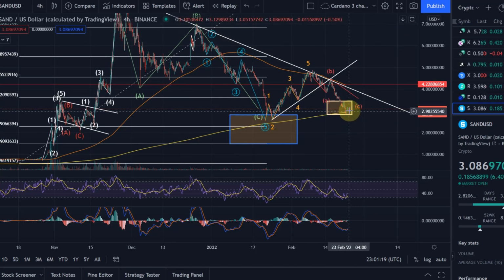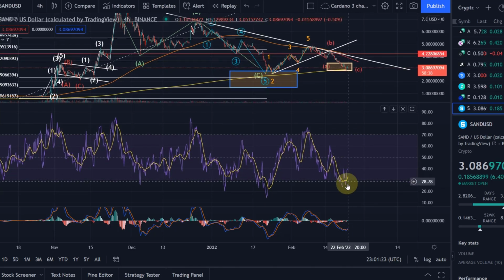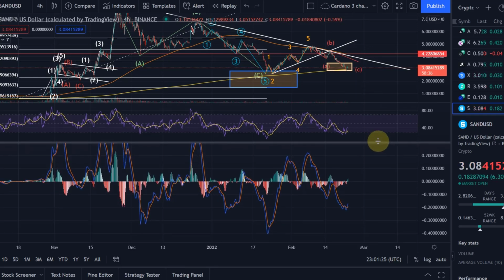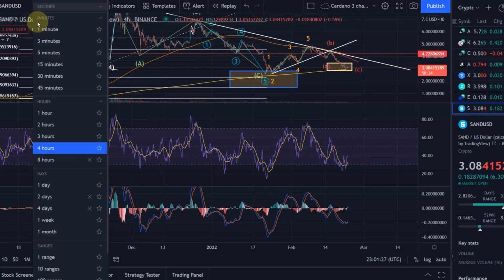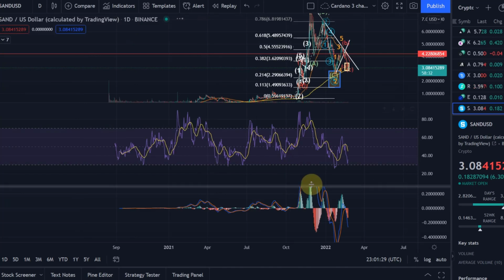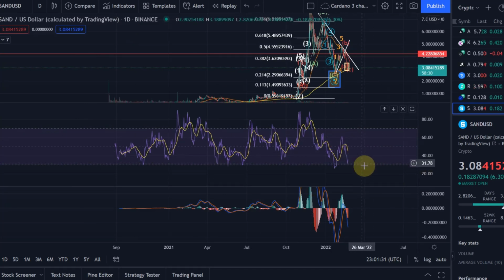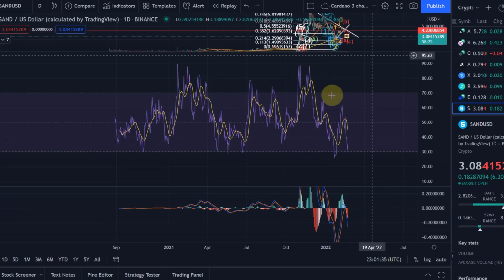Something else that tells me that we could now see higher prices is the 4-hour chart. You can see here it was oversold. We can see the MACD turning green on the 4-hour chart. I mean, it's only the 4-hour chart. Yes, on the daily, the MACD is still pointing further down, but bear in mind that,